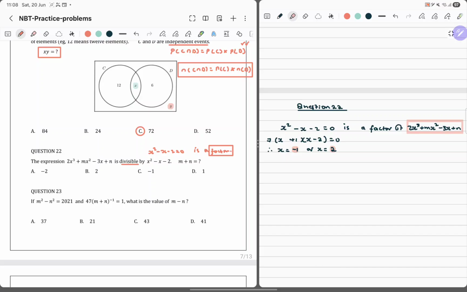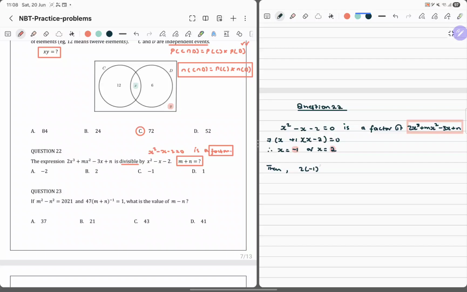Okay, so this now asks what would be the value of m plus n. Again, we can see that when would we find ourselves adding these two? Obviously, through some sort of a simultaneous equation. Okay, so we know, folks, that if this is the case, this then tells us that